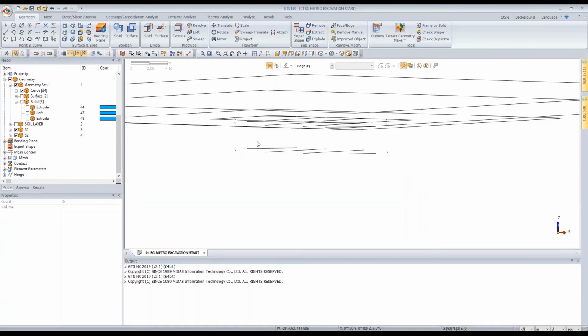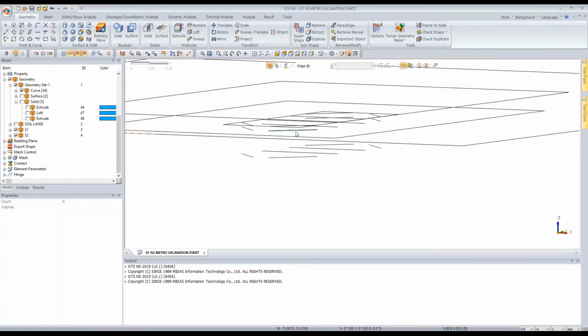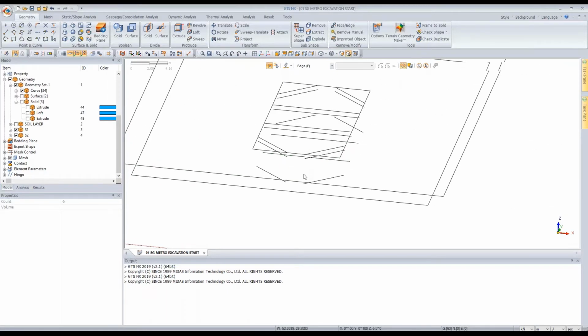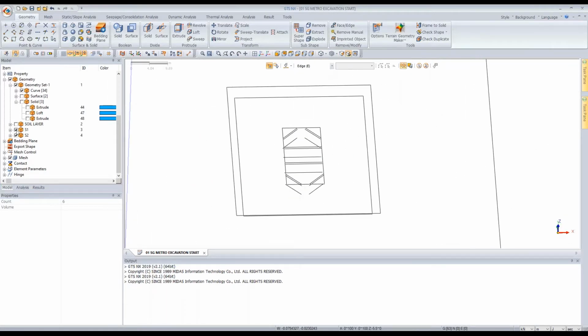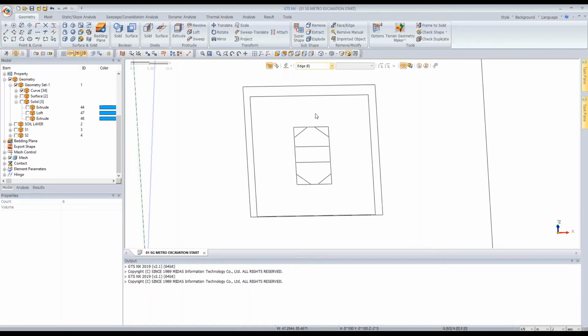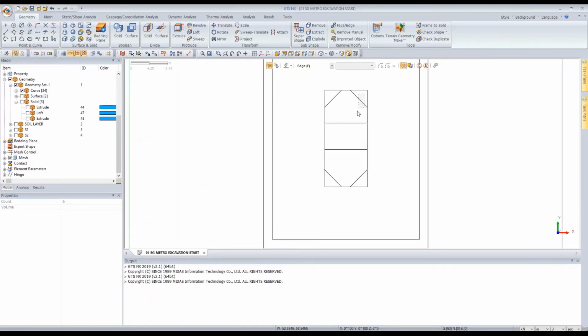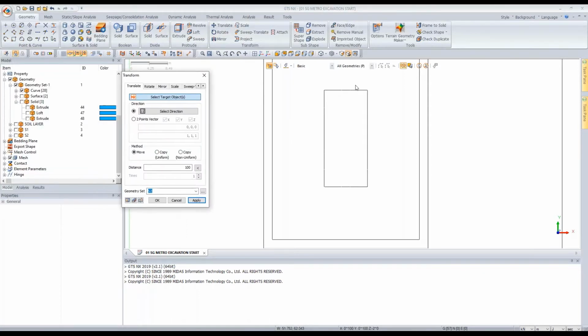So as you can see here, there are 2 layers of strut. And I will hide those struts and I will delete those meaningless parts. Delete. And for the waler, also copy and paste to exact location 0.5